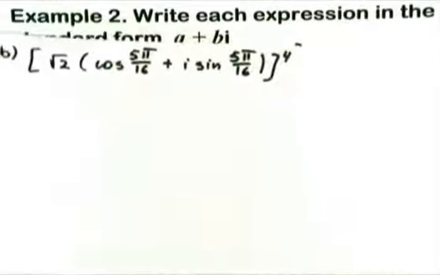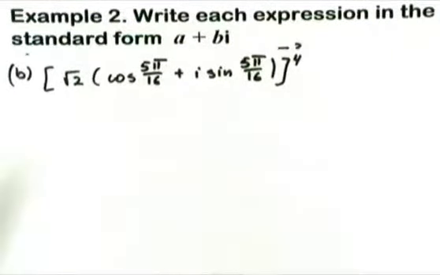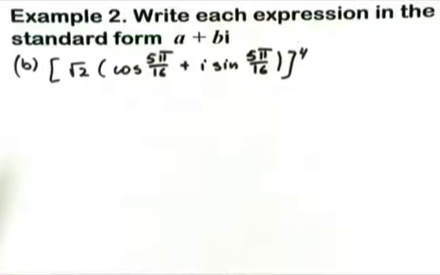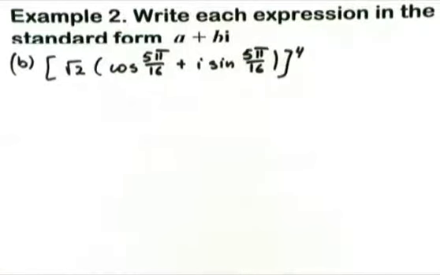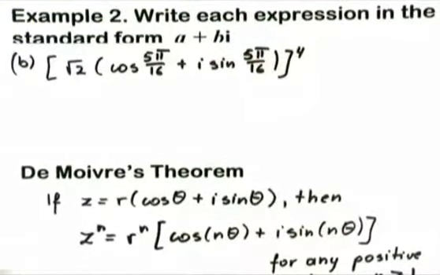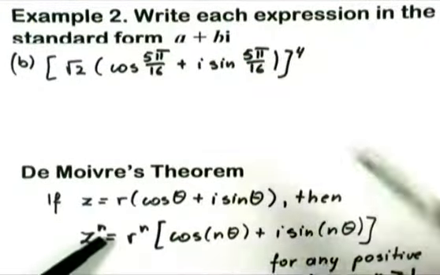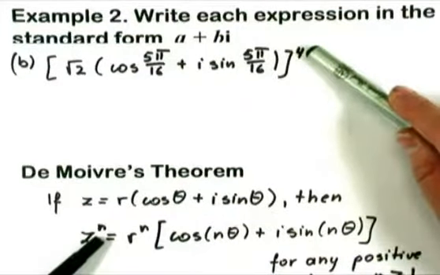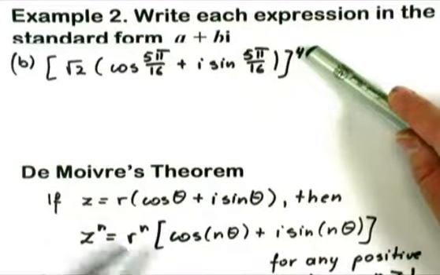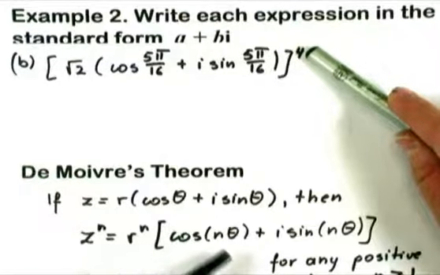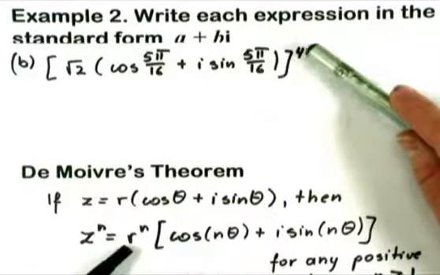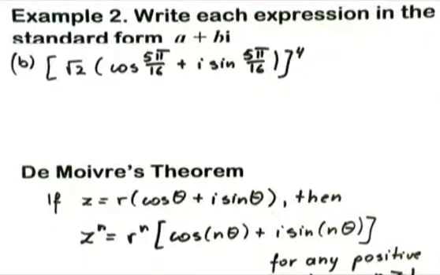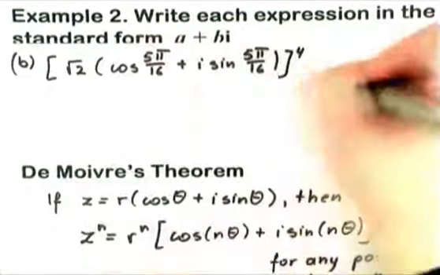Example B. The same, we would like to express this in standard form. So we need to apply the theorem that to the power n, this is my n, is 4. So we need to raise the first r to the power n and then multiply the angle times 4. This is my power. So according to this theorem, this is equal to